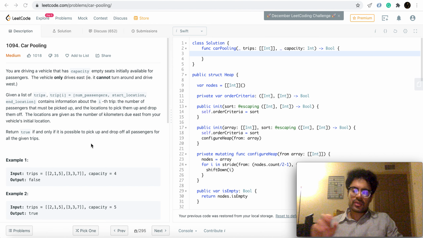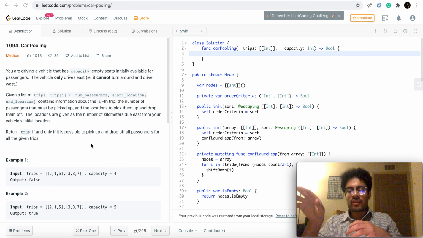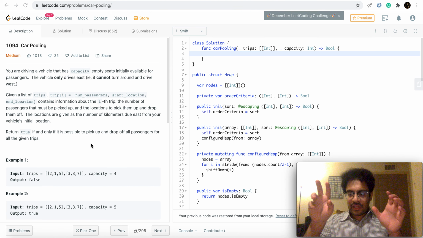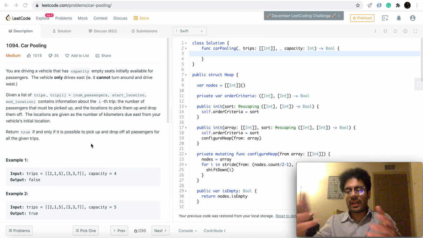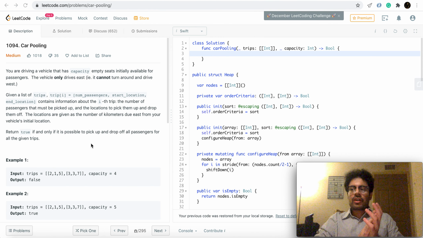So we'll sort the trips by their start times, and then we'll have a for loop that goes through the trips in this sorted array, and we'll evaluate the feasibility of every trip inside that for loop in every iteration. Cool.